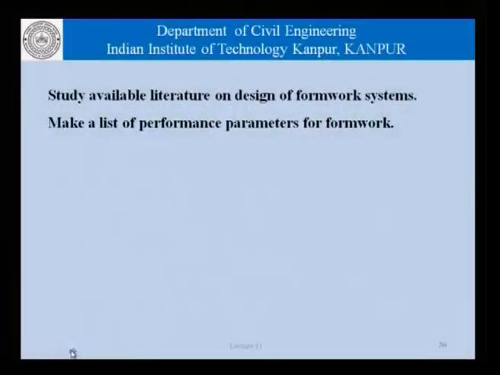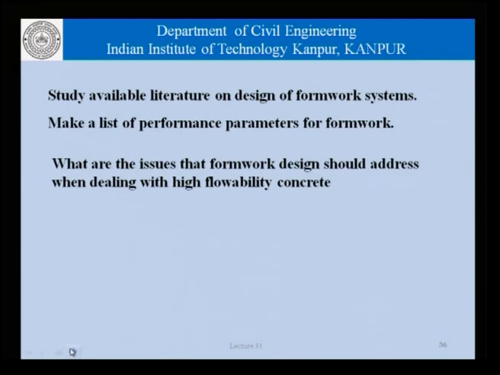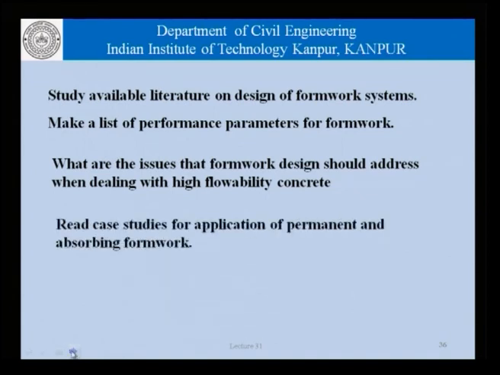We could make a list of performance parameters for the formwork systems and list what are the issues that formwork design should address when dealing with high flowability concretes, which is becoming more and more increasingly used in concrete construction. Now, we could read case studies for application of permanent absorbing formworks